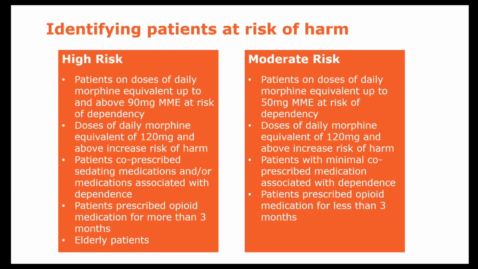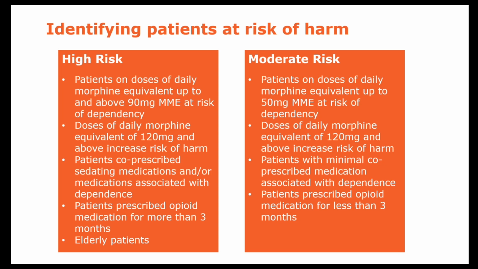So how do we identify patients who are at potential risk of harm? There are a number of factors that put patients at more risk of harm from opioid use, and we've outlined some of these factors that put patients at high risk and moderate risk of harm. If we look at the high risk, how we may identify high risk patients, that could be patients who are on doses of daily morphine equivalent up to and above 90 milligrams, which puts them at more risk of dependency, and doses of daily morphine equivalent of 120 milligrams and above increase that risk of